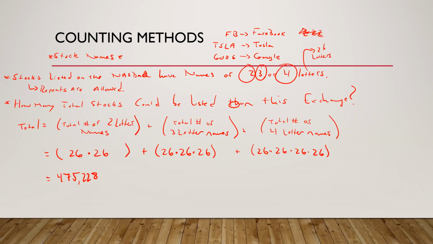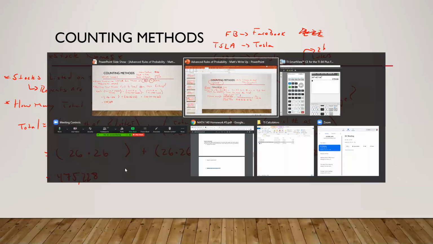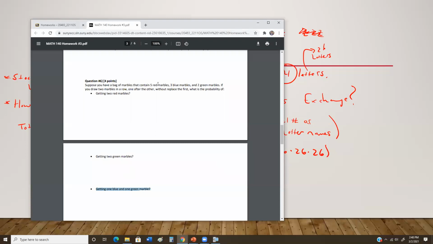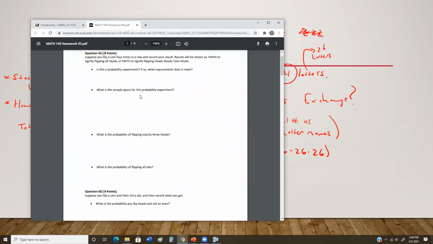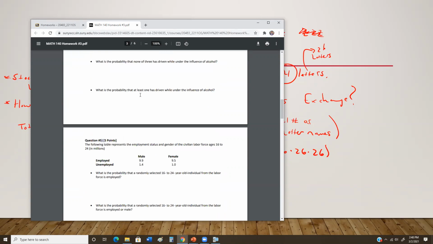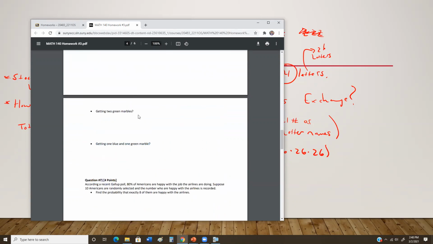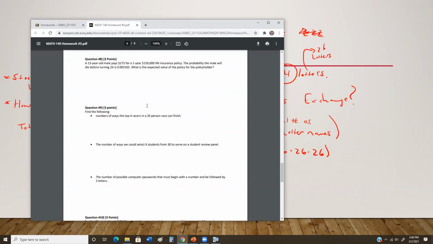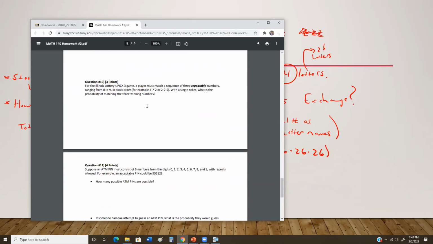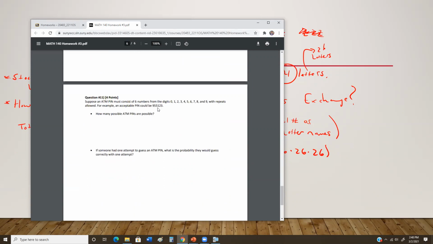I'm sorry, you said for tonight we should be able to do 5 and 6, correct? Yeah. So on the homework, you should be able to do at this point questions 1, 2, 3, 4, 5, 6. You could actually do question 11 too. Thank you. 1 through 6, and you could do question 11. Oh my gosh, question 11 I just did in class for you. Ha! So that one should be easy.